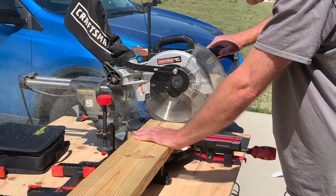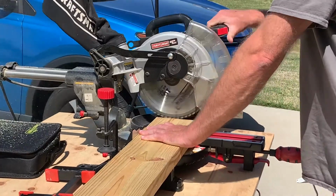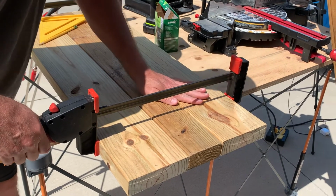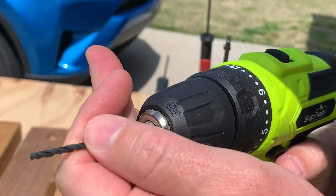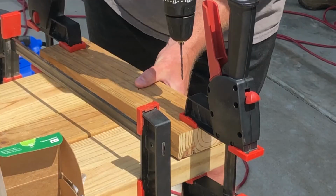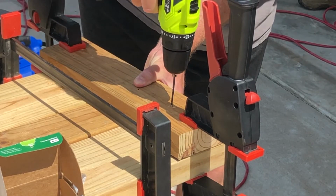I'm building a replacement for a small ramp that leads out onto my father's dock. The first thing I did was cut all the boards to the right length and then hold them together using clamps. I used the built-in chuck to set one of the drill bits that comes with SnapFresh's cordless drill, and